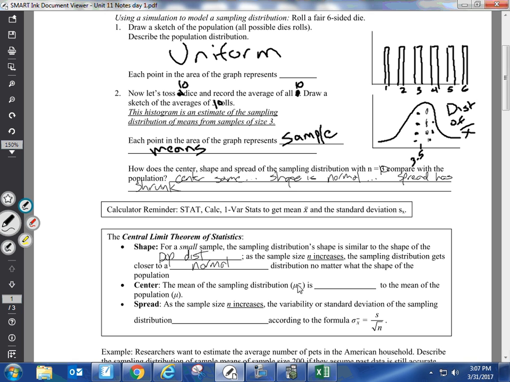The mean of the sampling distribution, however, is going to be the same as the mean of the population. But as your sample size increases, if we threw our die 20 times, 30 times, 50 times, we would find that the standard deviation of the sampling distribution would keep getting smaller and smaller, because the peak of our curve would get higher and higher, because we would be all kind of centered around the mean. Sampling distribution shrinks